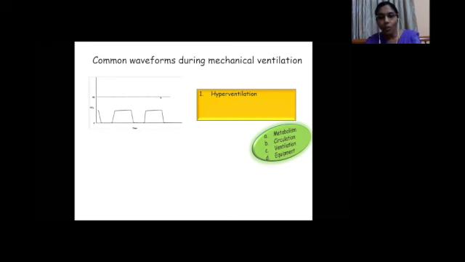What could be the other causes? That could be either a decrease in metabolism, it can be due to hypothermia. There could be a fall in blood pressure. There could be a fall in circulation that is causing decreased transport of carbon dioxide to the lungs. All this could result in the capnogram which we see.